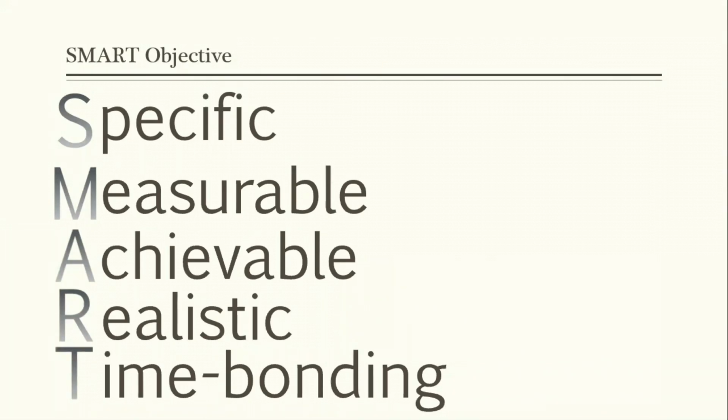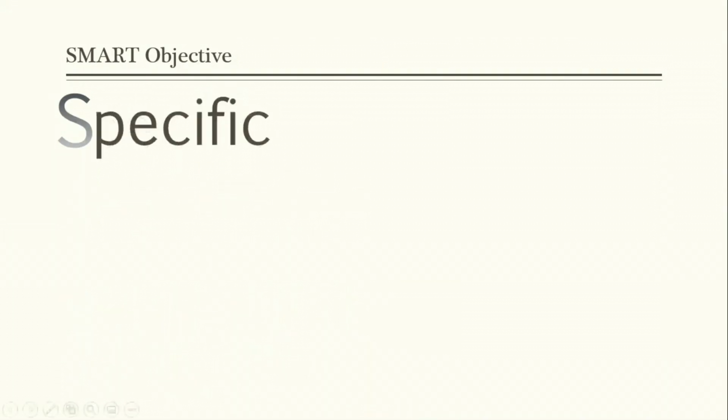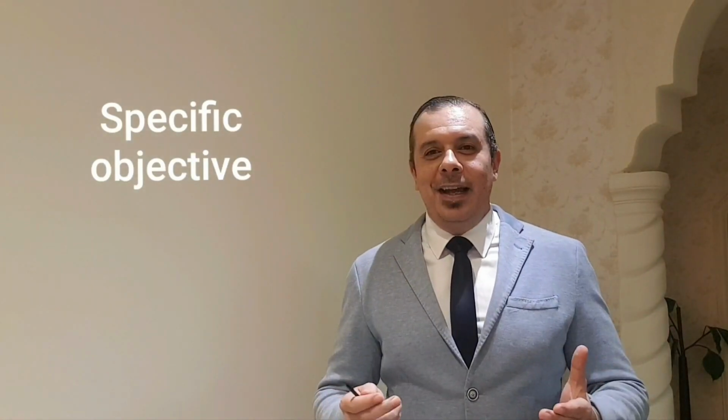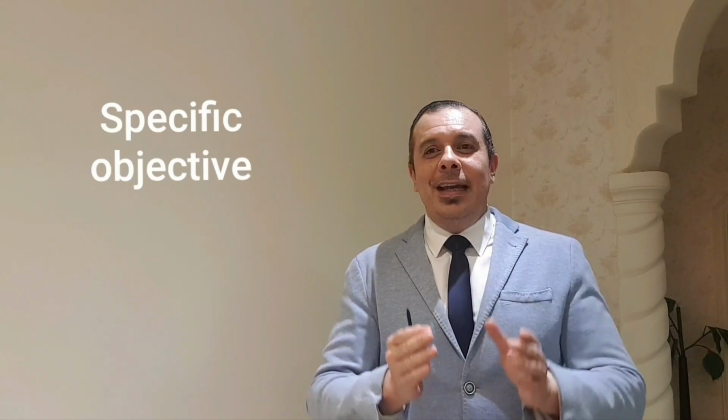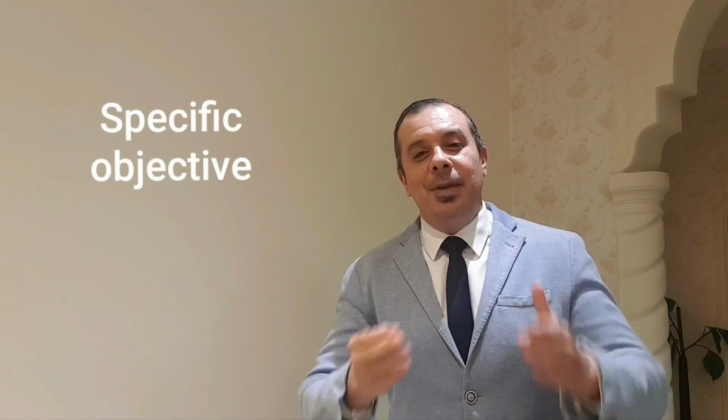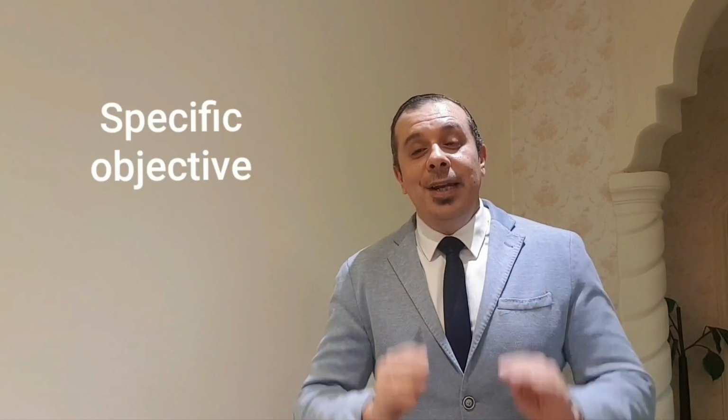Let's start with the first word, which is specific. How to be specific and what does specific mean? Most of the time when we ask people what does specific mean or how can I be specific, they will tell you, come on, it's specific. It's that much. You have to be concise, straightforward, to the point. How? The question is how can I be specific. What is the tool that I'll be using in order to be specific? On the other hand, if somebody is telling me something, how will I know that he is specific?